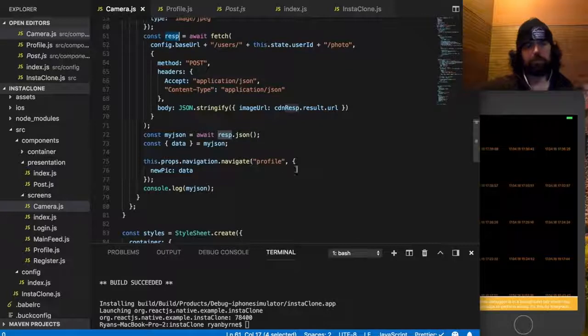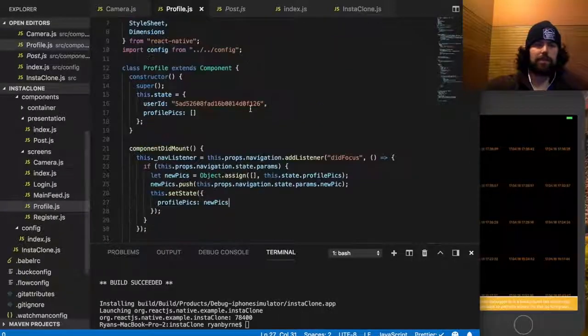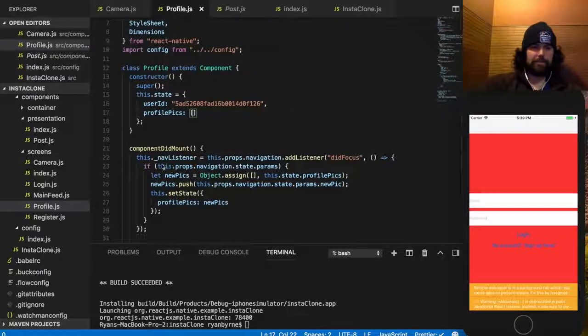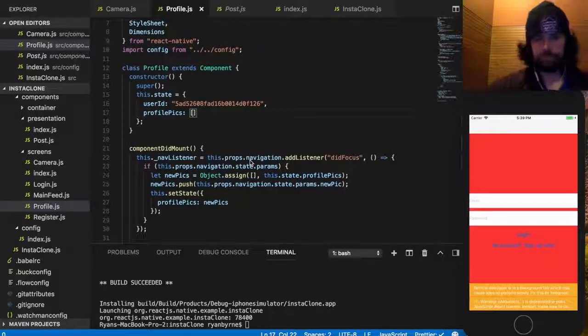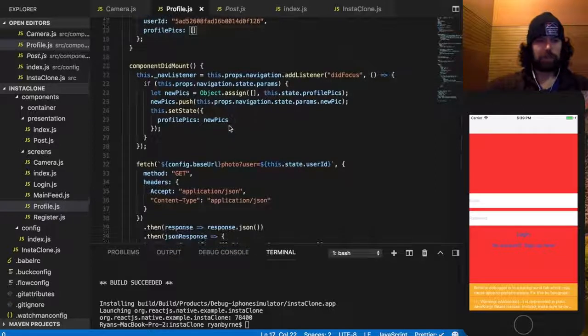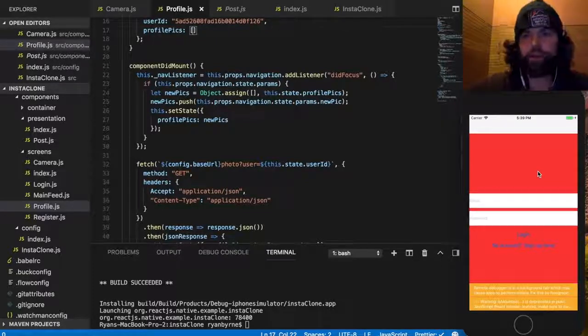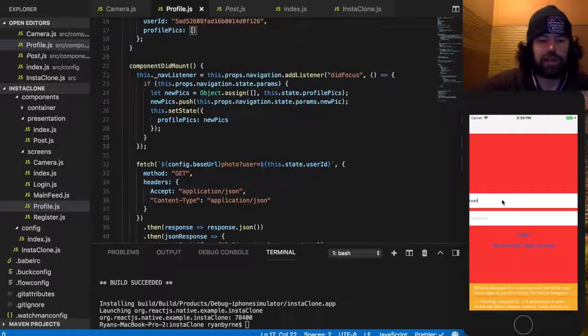But the reason we pass this to the screen is, if you go to the profile screen here, let me refresh, this screen's responsibility is to fetch all photos for the user, and the reason we pass that one photo in is we don't want to keep refetching all the photos. We only fetch all the photos one time, and we keep building up that store, and that makes us operate faster and puts less stress on the server. So again, just to reiterate,